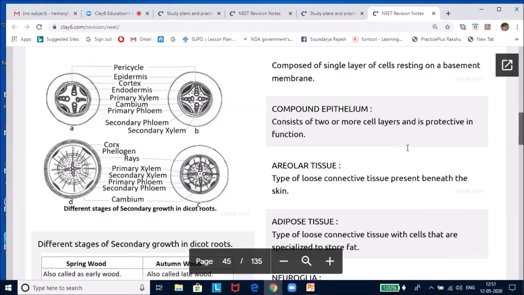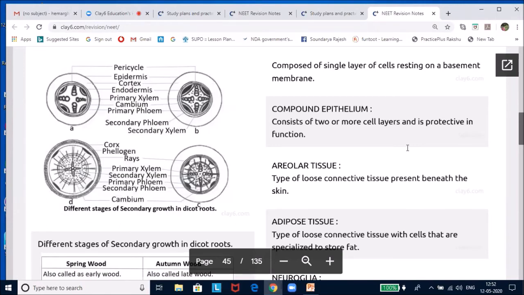Due to the activity of cork cambium, pressure will build up on the remaining layers peripheral to phellogen, and ultimately these layers die and slough off. So, bark is a non-technical term we give to all the tissues exterior to the vascular cambium, therefore including secondary phloem. Now, bark refers to a number of tissue types, namely periderm and secondary phloem. Bark that is formed early in the season is called the early bark or the soft bark, and that formed later is called the late bark or the hard bark.